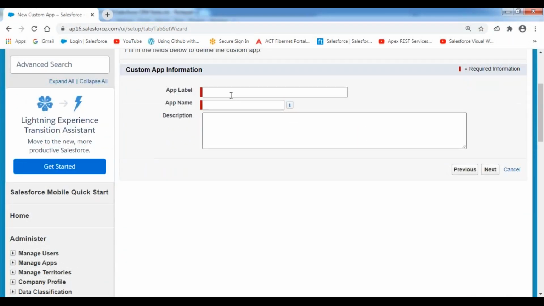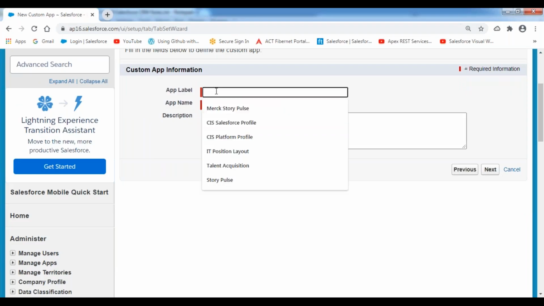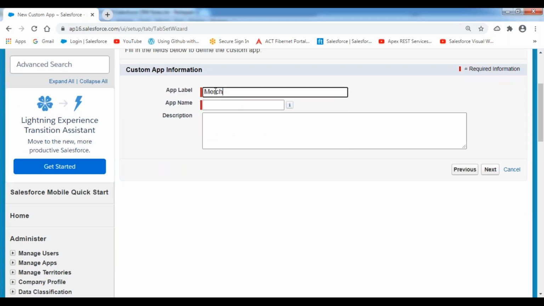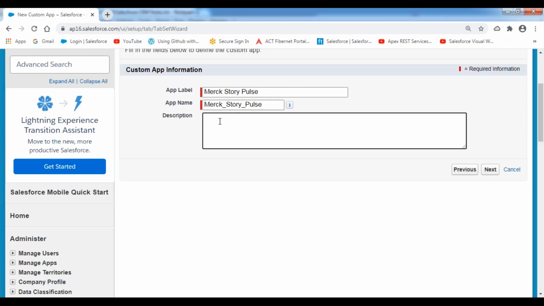Specify the application label, application name, and the description. I would like to give the application label over here. I'm indicating it as Mark Story Pulse. I'm indicating the application name as Mark Story Pulse. The app name is automatically prepared by Salesforce. I want to give some description about this application, why I'm creating it, what is the purpose of this application. I'm giving some description like this application is used to